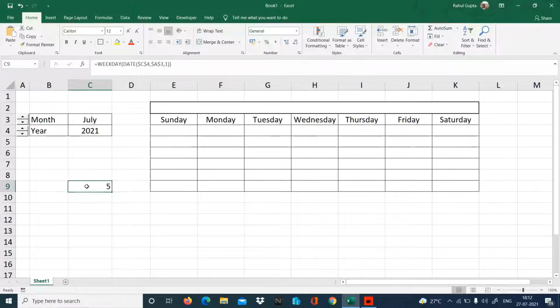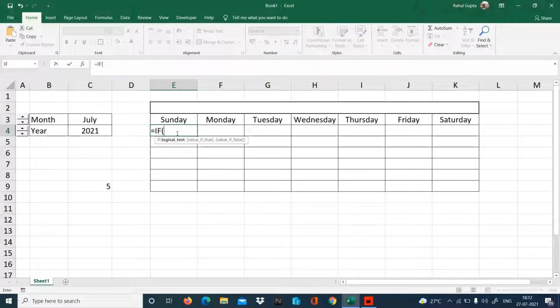So I'm going to put this formula. Let's copy the formula. I'll put this formula: if this formula is equal to 1, then give here 1, otherwise blank. Because if this formula is going to give me 1, then we give 1, otherwise blank, because we don't have to give anything else. This is the first day of the week. So I got blank because here the start is at the 5th.